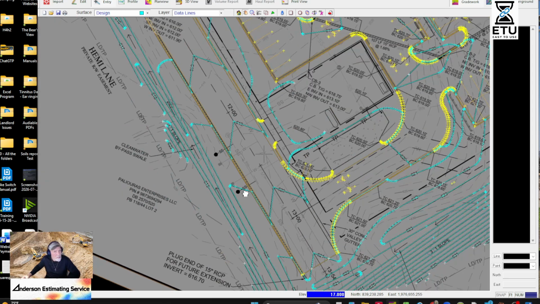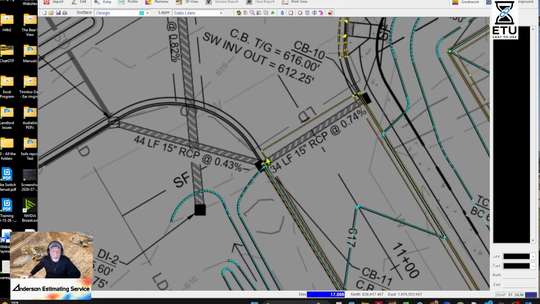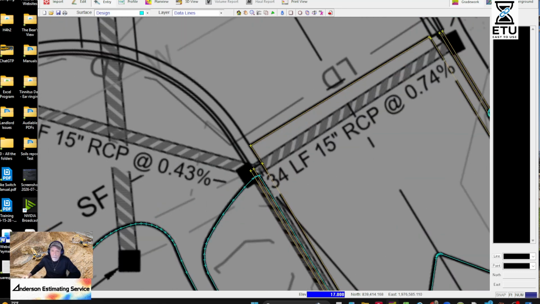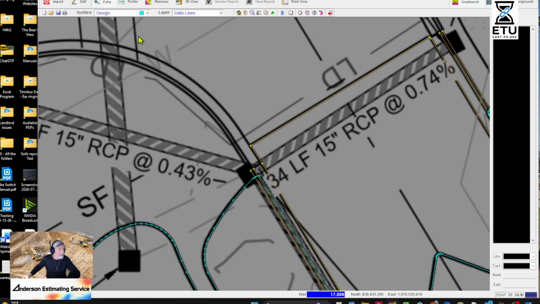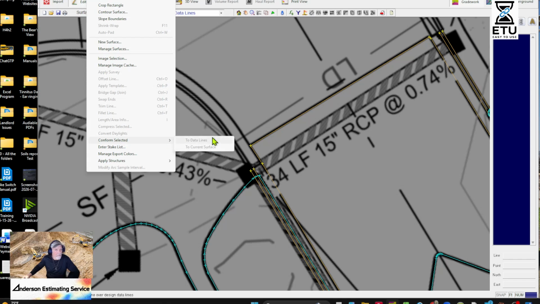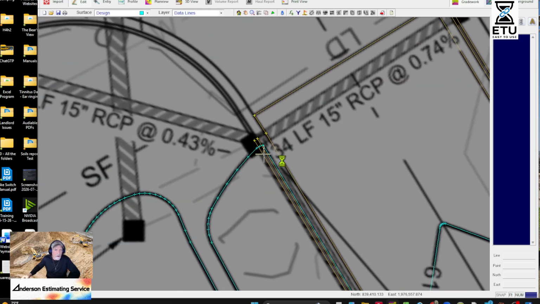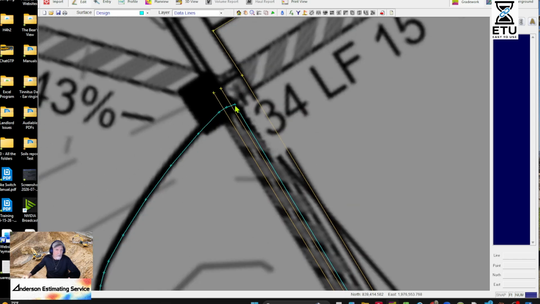I know everybody wants to do the conform to data lines. If you're doing this every time, the utility, where is it? You click on it. Oh, it's in edit mode. If you're using this utility, conform to data lines, just turn off my station because it's not going to work. Look at this contour.